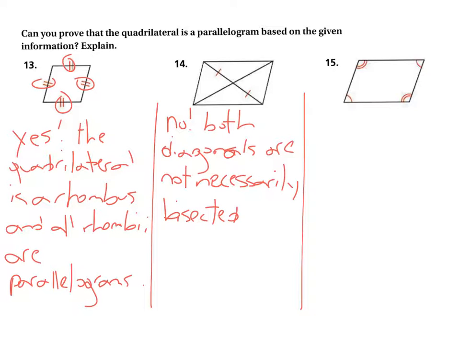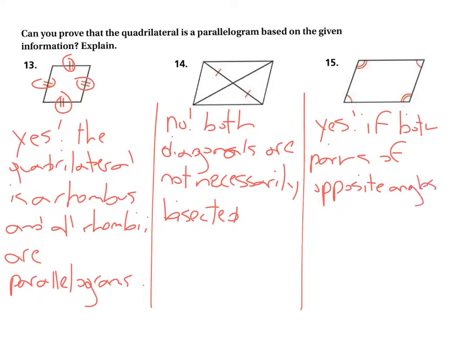And for number 15, is this enough information? Yes. If both pairs of opposite angles are congruent, the figure, the quadrilateral specifically,